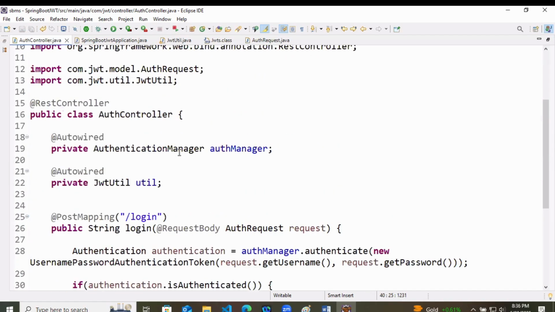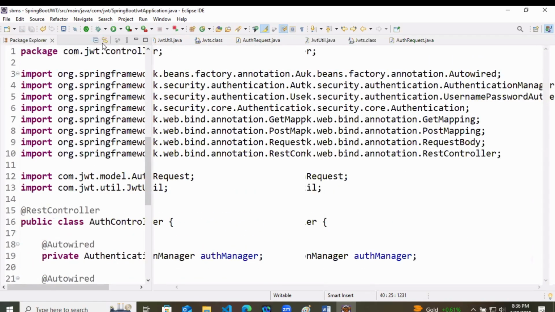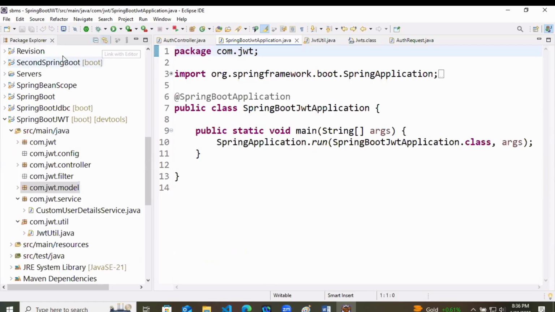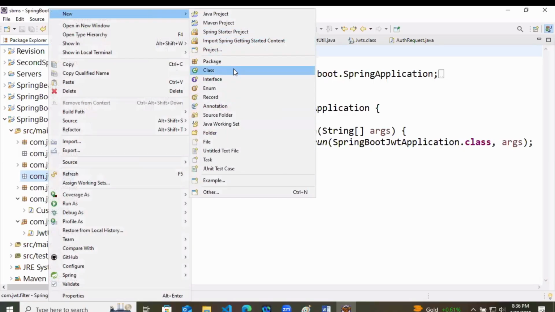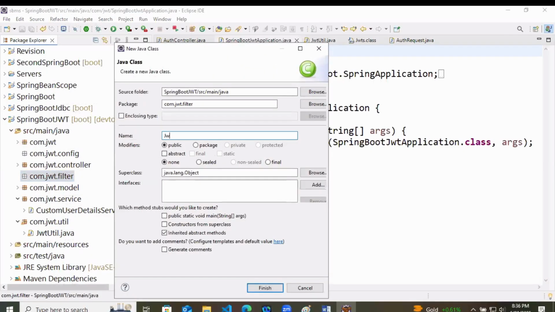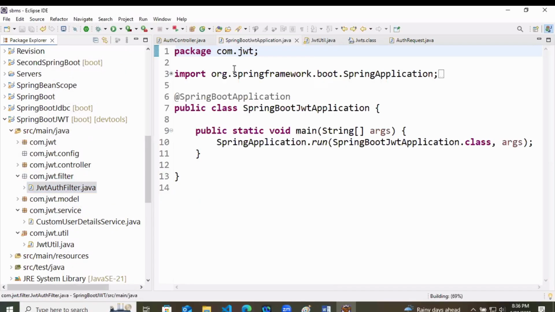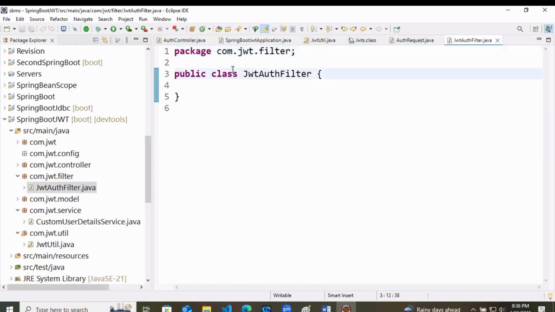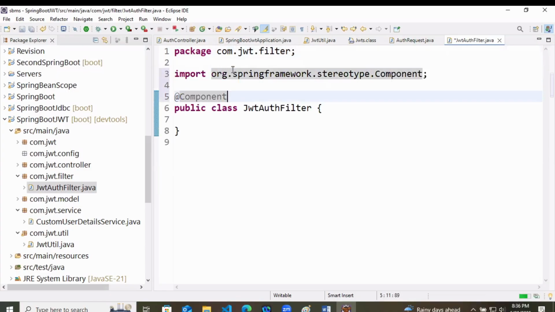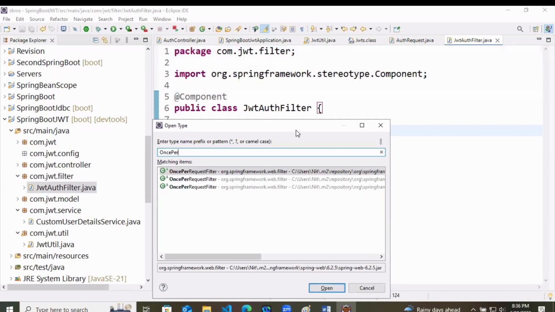Now, the authentication manager part is done. Everything is done in this class. Now we will apply the filters, means who can log in and so on. So we will go to the jwt.filter package, and inside this you can create a class that is going to be JwtAuthFilter. I will make it a component. Now I will extend something. There is something like OncePerRequestFilter.